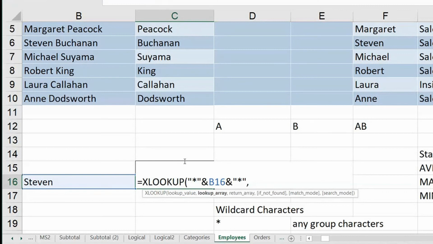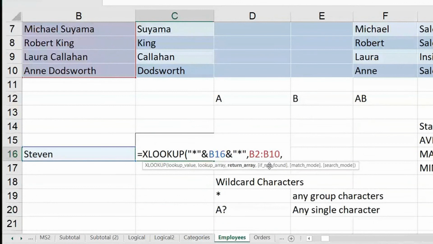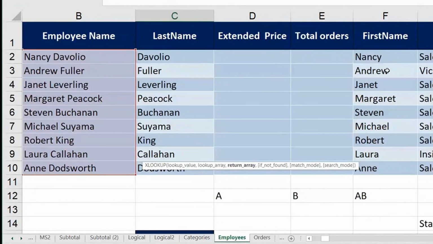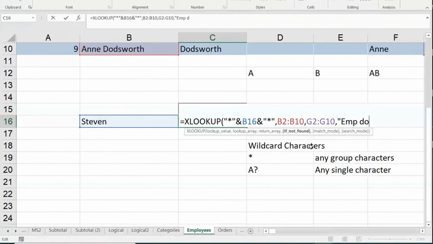Your lookup array is this, simple stuff, and then comma, the return array is whatever you want to return. So I'll take the title as per my example here. If you want, you can also give an if not found value: Employee does not exist. This is not mandatory, but you can write that also.